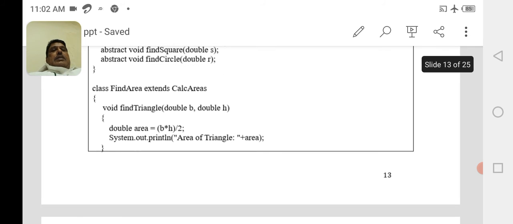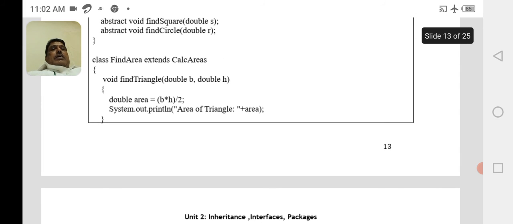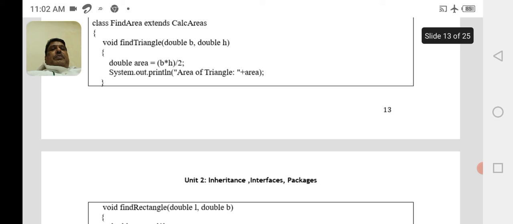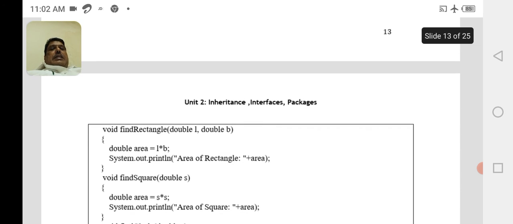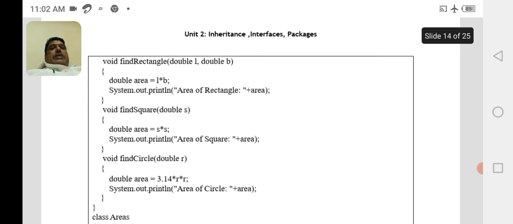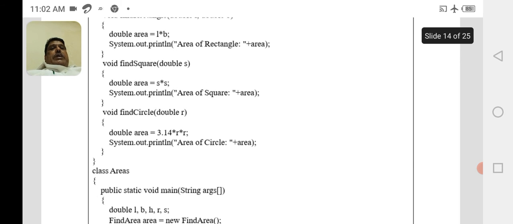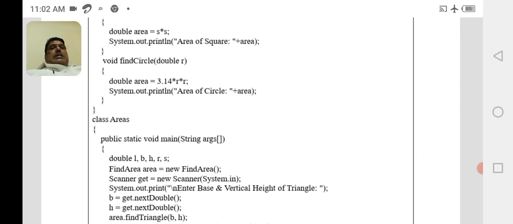Find triangle will find the area of the triangle, find rectangle will find the area of the rectangle, find square will find the area of the square, and find circle will find the area of the circle.